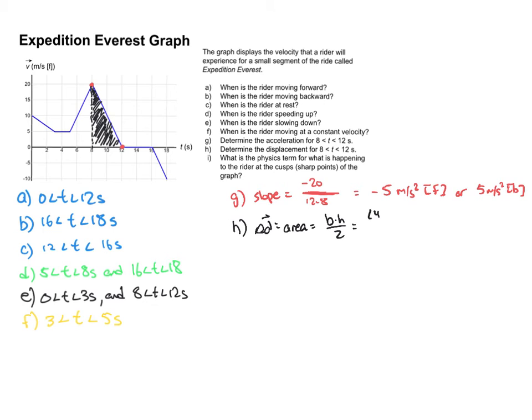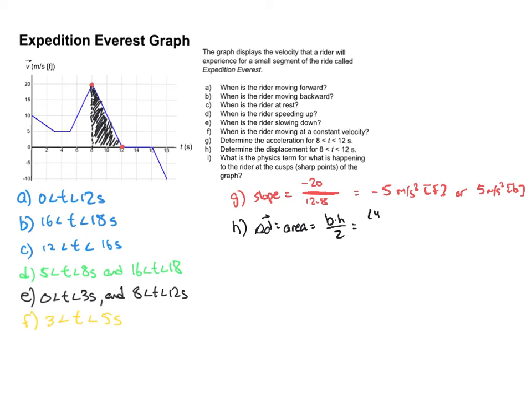The height goes from 0 to 20, so the height is 20, and divided by 2. Actually, I can add this little step to maybe point you towards understanding why we're calculating the area here, but maybe not fully. The 4, which was the base,